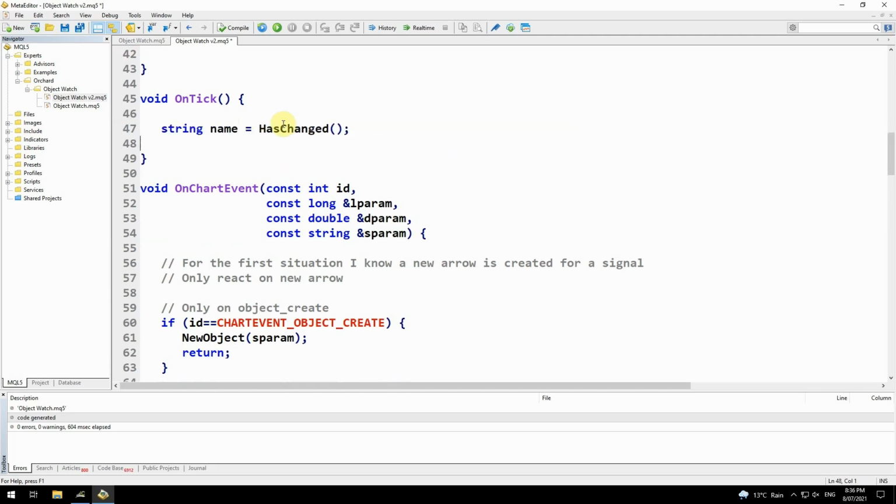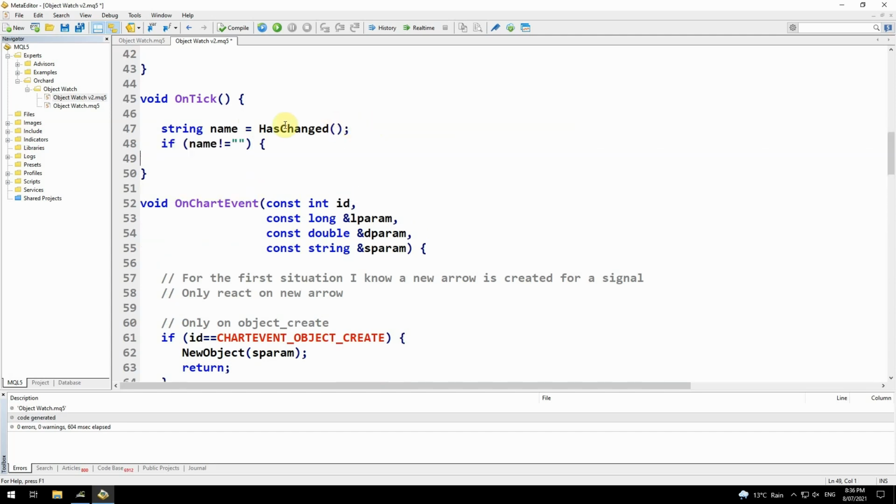So I'm writing a function, or I will write a function in a moment, called hasChanged, which will compare all of the objects on screen with what I know of them in memory. And that hasChanged will return the name of any object that has changed. Now you'll see when I write this, it looks for the first object that it finds that has changed. If you're expecting more than one object to change on the screen in a single tick, then you might want to modify this to return an array, but at the moment I'm just returning the name of the first object. And if that name comes back as an empty string, then I know that nothing has changed. But if name is not equal to empty string,